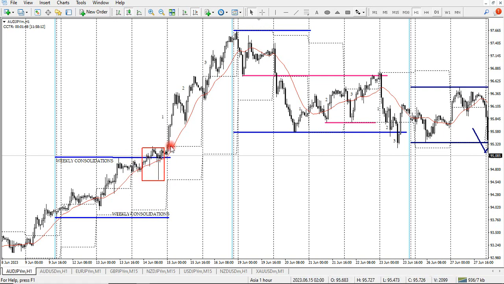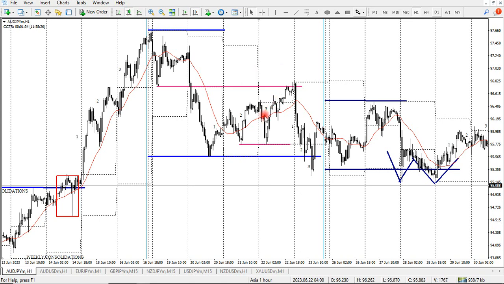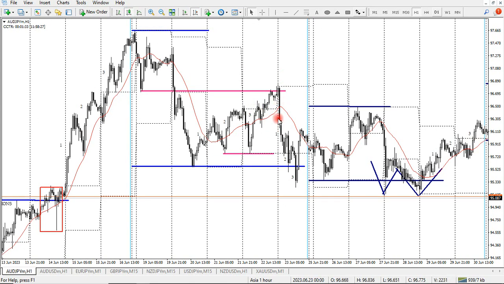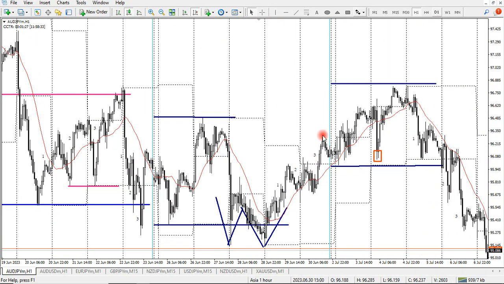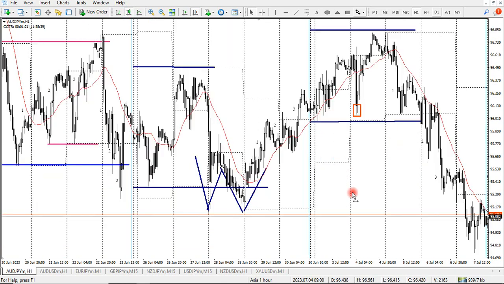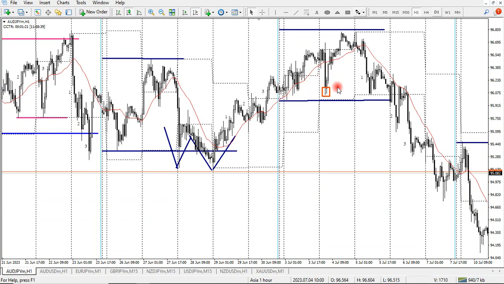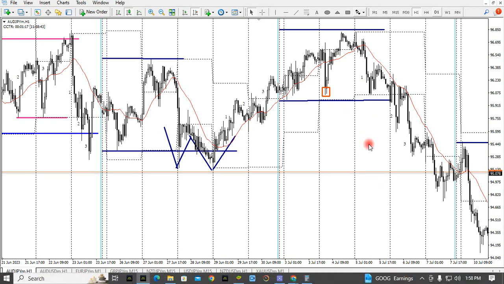Yes, it breaks out and it closes as a breakout. Now you're expecting the market to continue for at least 3 levels. Once you see these levels, and once you see the level 3 completing, that's where you can exit your trade. Once you see that third level completing, that's where you can exit the trade and wait for the market behavior on the next day. Every time when you see the number 3 complete, you can just wait. Yes, in this case it went high, but this is the beginning of a new weekly template.